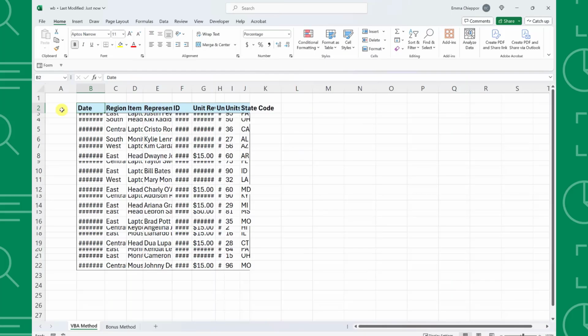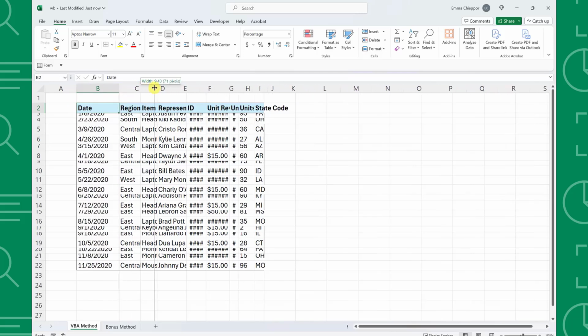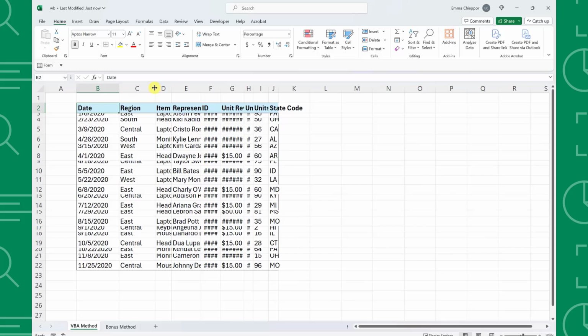Instead of manually adjusting each column's width in the header, I'm going to show you how to leverage VBA to automatically set the column's width to the size of the data as you enter it. And trust me, it is not as intimidating or difficult as it sounds. I'm also going to show you a bonus tip at the end of the video, so make sure to watch